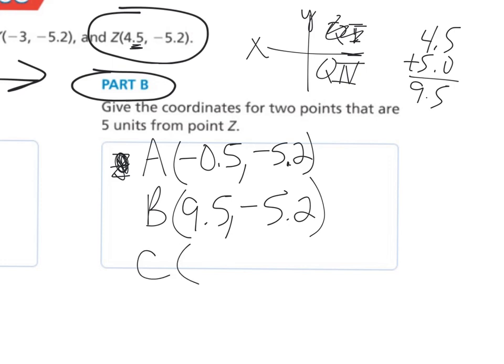If you wanted to, we could either go above that or below that. Since the y is negative here, it may be easier for you guys just to stay in that quadrant, like I mentioned earlier. Stay in that fourth quadrant by going down. So we're at negative 5 2/10. If we go down another 5 units,